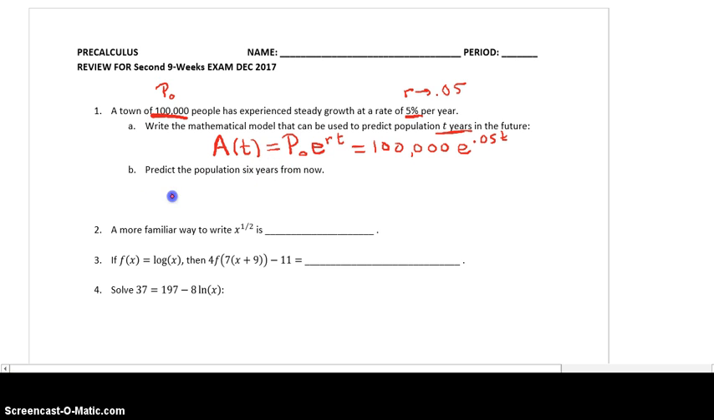Predict the population 6 years from now, so that's basically asking us to plug in 6 for t, and so we're going to have 100,000 times e to the 0.05 times 6, and we put that into the calculator and we get